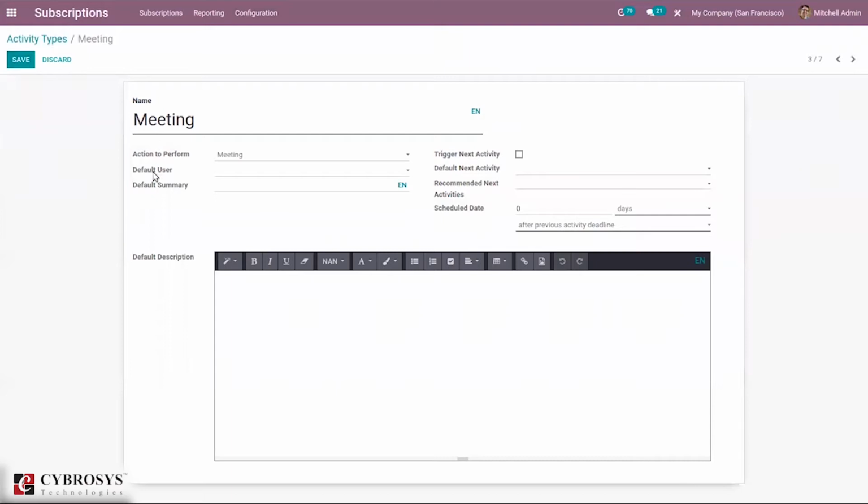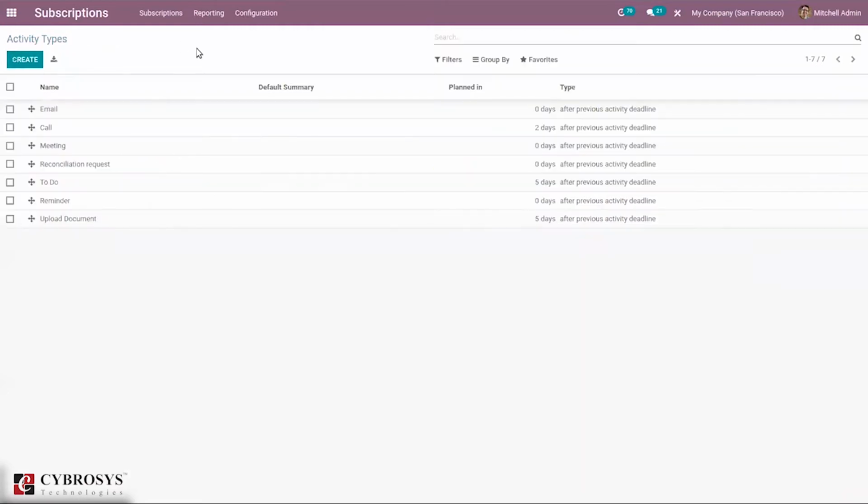We can set the action to perform, default summary, and user description can be provided, and we can trigger the next activity after this activity type. It is also possible to recommend some next activities, and we can set a schedule date which can be after the activity deadline or after the validation date. We have made a separate video on how to configure activity types in Odoo, so you can check that. So this is how we configure these things.